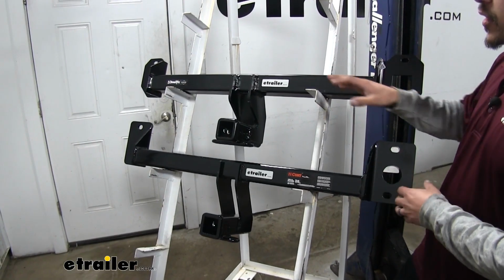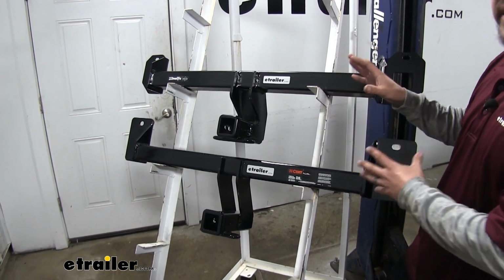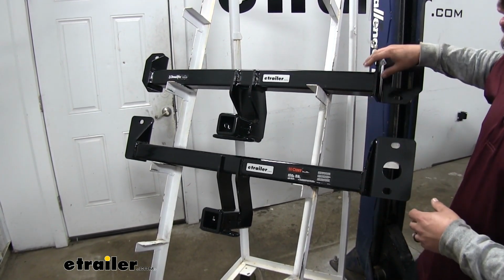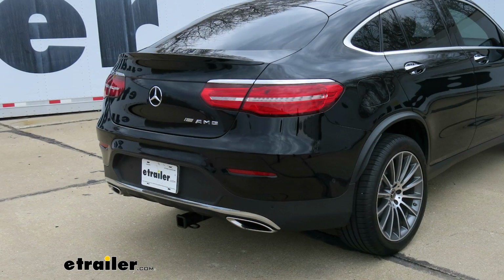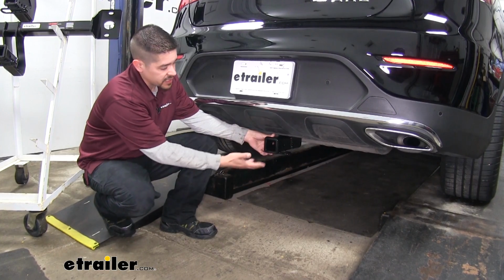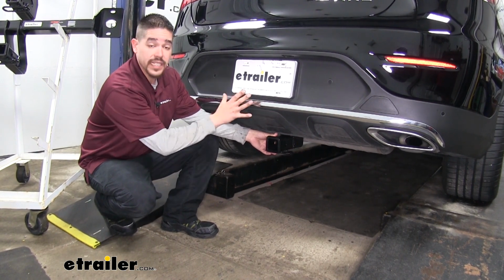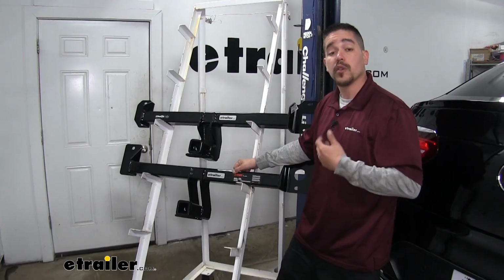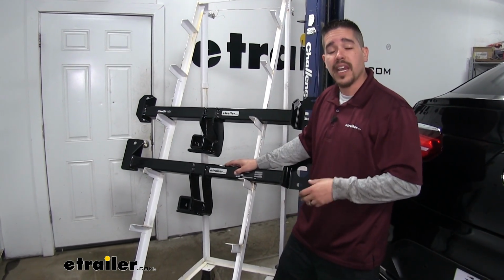Right off the bat, when we're looking at both of our hitches here, you can see that they are going to share a very similar design. That's because they're going to use the same mounting locations, and once they are installed, it's going to sit in the exact same spot on our Mercedes. You can see how nicely it's going to tuck up right underneath the bumper, and that cross tube is going to be completely hidden behind the fascia. So from an appearance aspect, both of our hitches are going to have a really clean appearance and not be